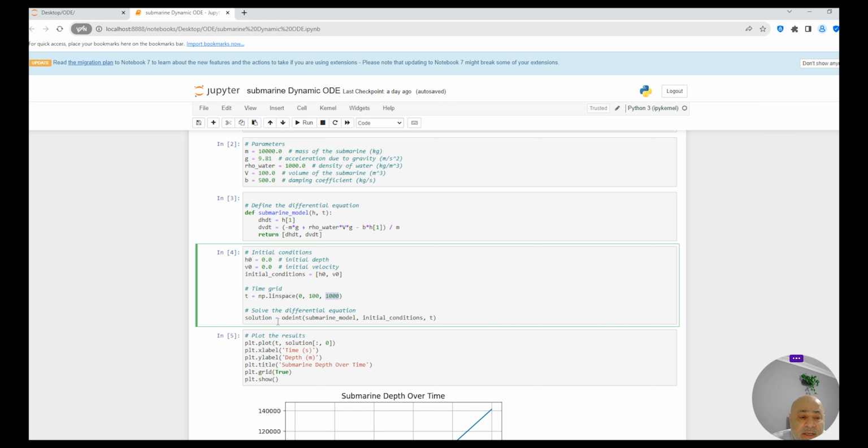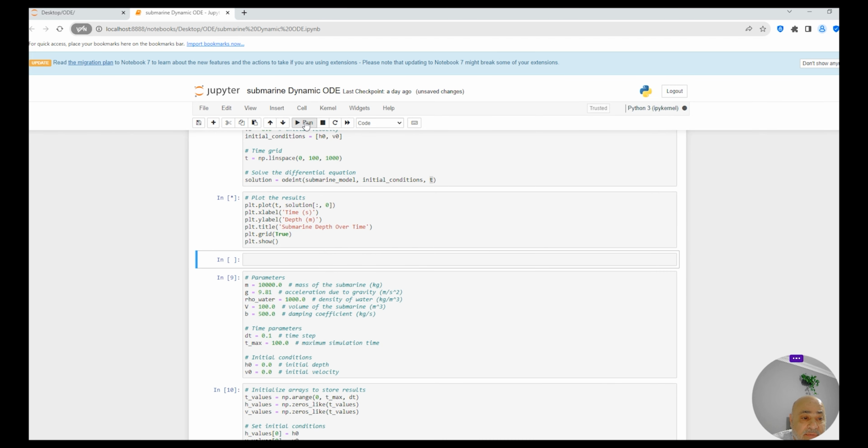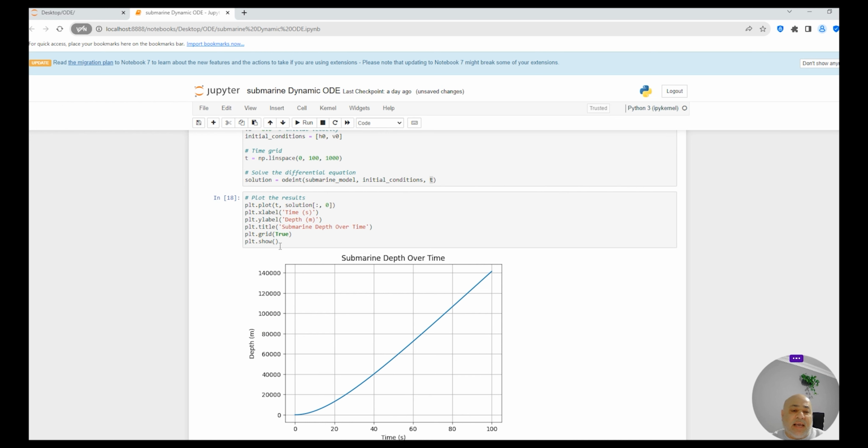Then I actually called the function odeint, and I passed to it the model, the initial condition, plus the time array which we have created, and then solved the equation. Then I went and plotted my equation, and let's see what we have if we run this. If I run the first cell, second cell, third cell, fourth cell, and the fifth cell, you can see that I have the simulation of the submarine depth according to the time period which I have defined,